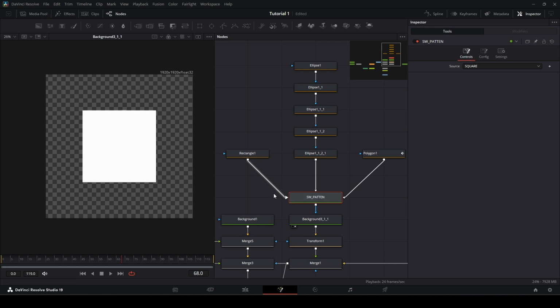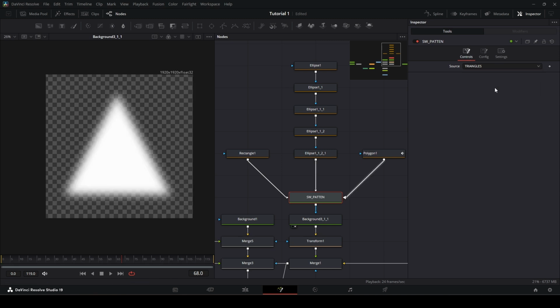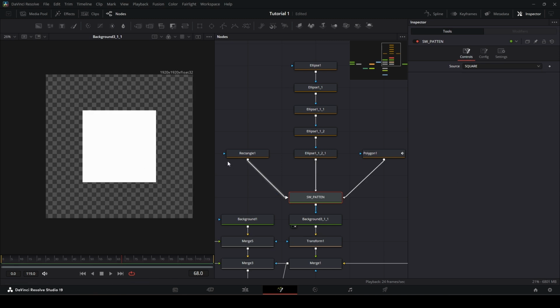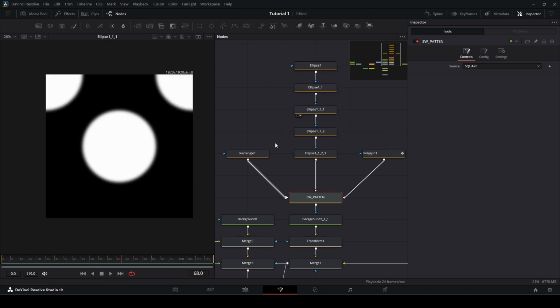So right now, you'll notice I've got like a bright white line and a big white triangle input. That's because the source is set to square, and square is that input 0. If I choose here halftone, it changes it to circles, and triangles changes it to a triangle. And it does that because I've inputted a rectangle in here, and in this one, in say input 1, I've inputted an ellipse with another ellipse with another ellipse, so that when you mirror them,